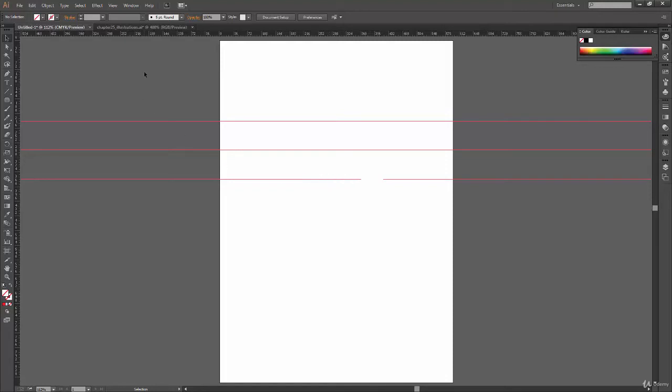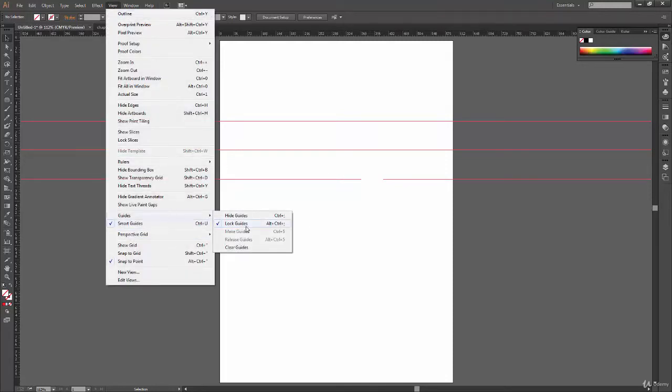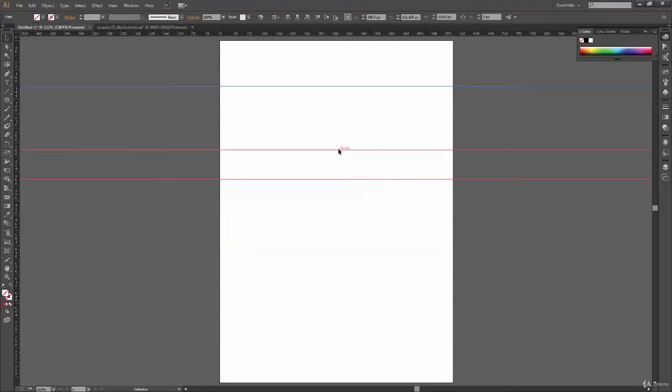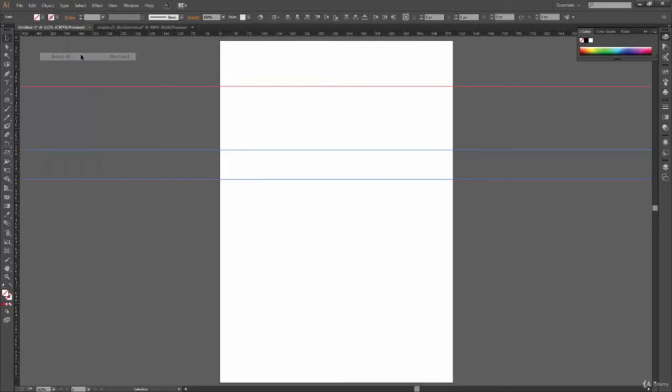So while unlocking, I could have imagined that, okay, go to View, Guides and uncheck this to unlock all the guides, and okay, my guides are unlocked, but these tools are not moving. So sometimes you might assume that this is a bug, but actually I have locked it intentionally. So here I have to go to Object, Unlock All, and then I have these guides unlocked again.